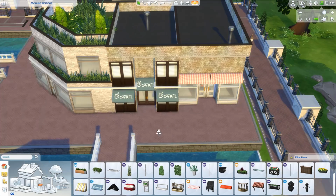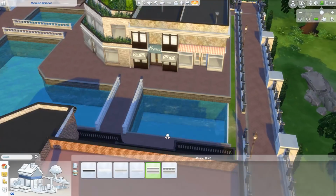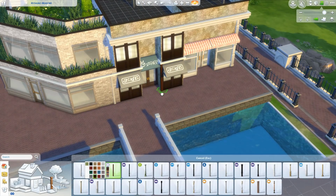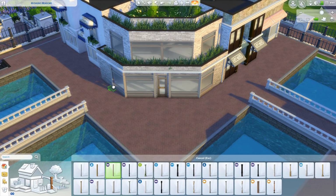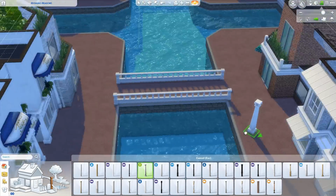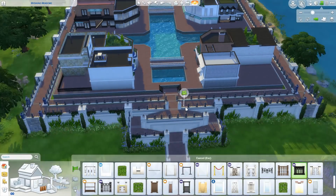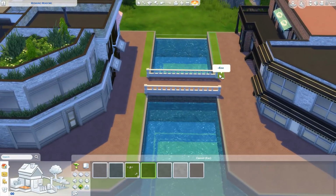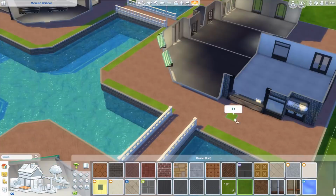Because I mean, what am I supposed to say? Okay, I put a door in, and here's another door, and in a second I'll be placing a third door. Exciting, right? So exciting. But yeah, all the details are kind of up for change. I don't know what kind of details will stay or not, and I tried not to put too much detail in because I will be putting the details in later on when I actually go on to furnishing the shops,